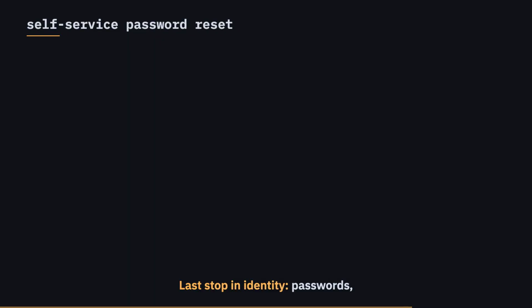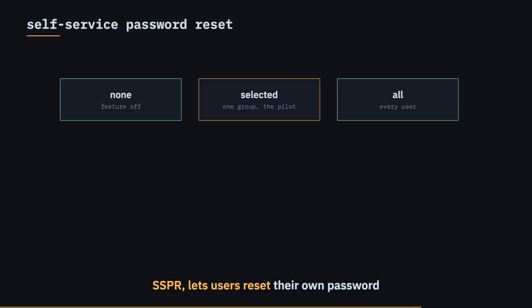Last stop in identity, passwords, and what happens when someone forgets one. Self-service password reset, SSPR, lets users reset their own password after proving who they are, instead of opening a help desk ticket. You enable it in one of three modes: none, selected, or all. Selected scopes it to a single group, which is how organizations pilot the feature with one department before turning it